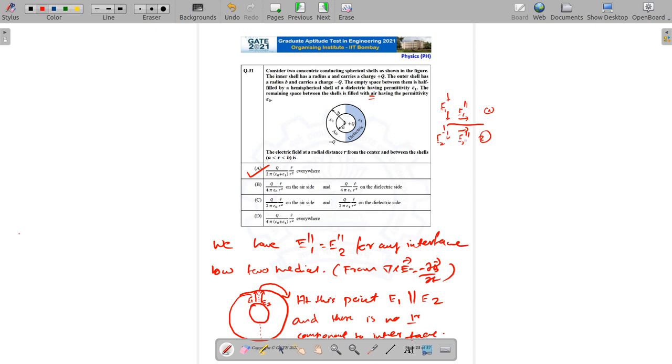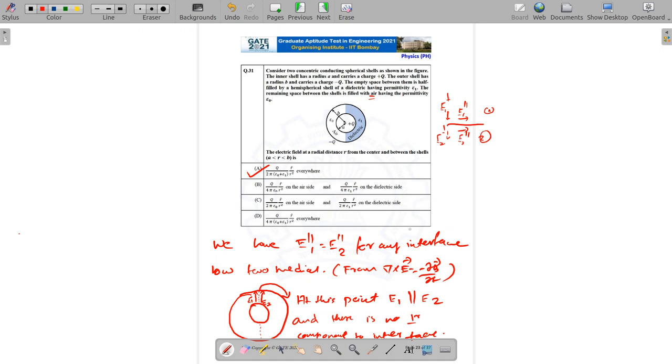How these are related is what the boundary conditions tell you. One of the boundary conditions is that E1 parallel equals E2 parallel, because